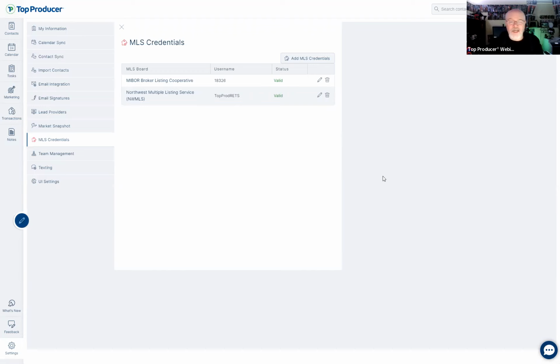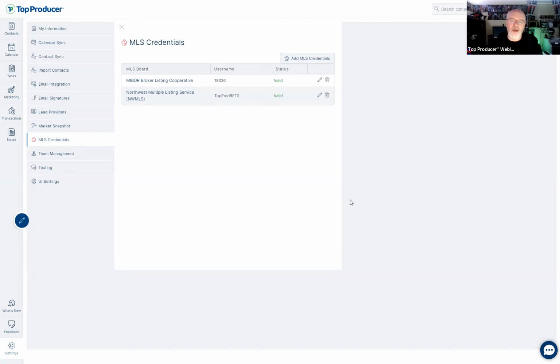You're doing a new transaction. Why have to input it into the MLS and then input it into Top Producer? Input the info into the MLS, go in to create the transaction, and then you just pull in the information from the MLS. You make updates on the MLS, you just pull it in again as well.